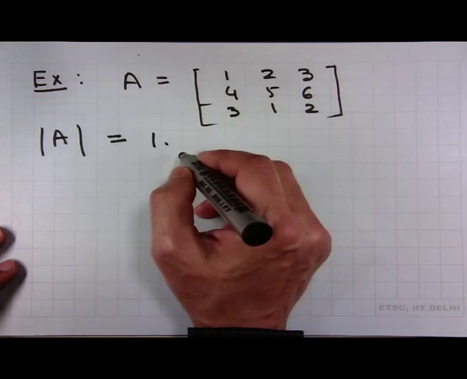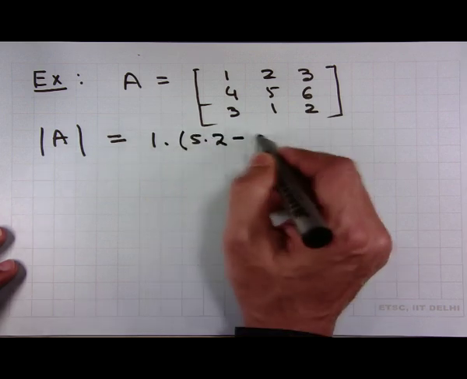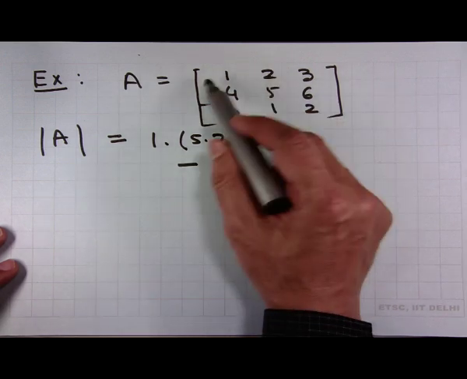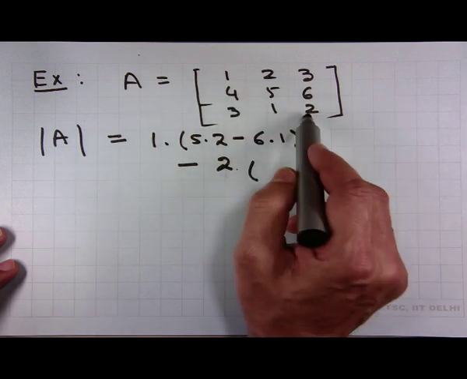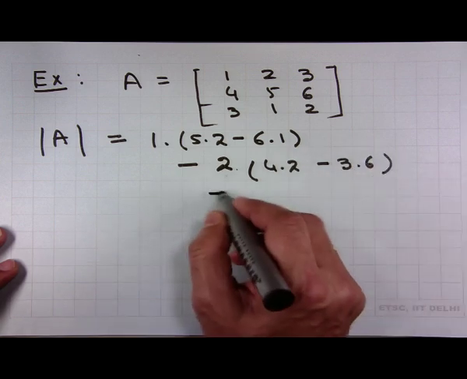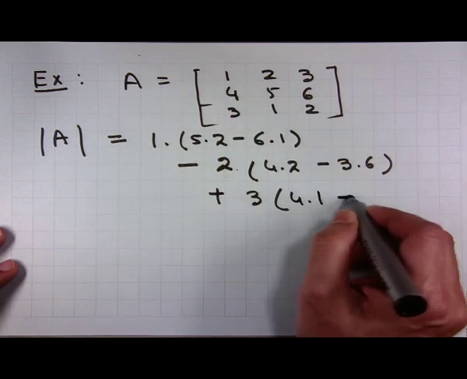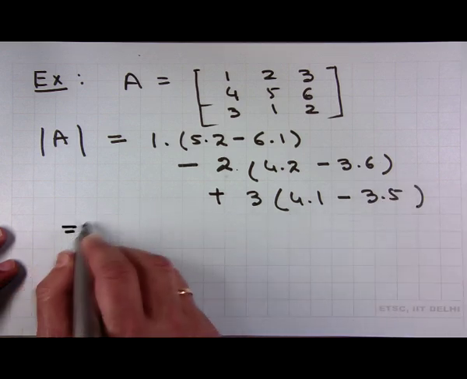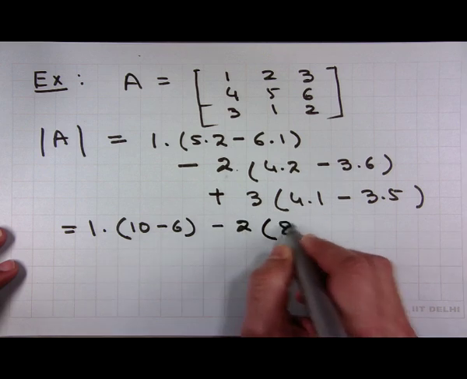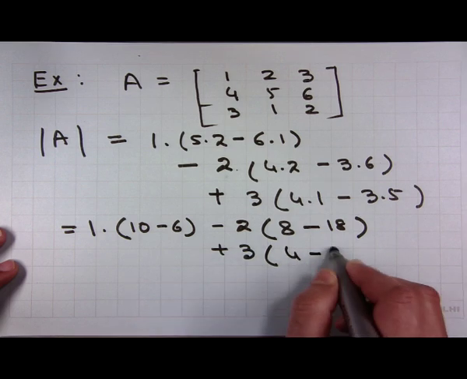A11, which is 1, multiplied by the determinant of this submatrix, which is 5 into 2 minus 6 into 1, minus 2 into, because A12 is 2, 2 into the determinant of this submatrix 4 into 2 minus 3 into 6, plus this is 3, therefore, 3 times 4 into 1 minus 3 into 5 is equal to 1 times 10 minus 6 minus 2 times 8 minus 18 plus 3 times 4 minus 15